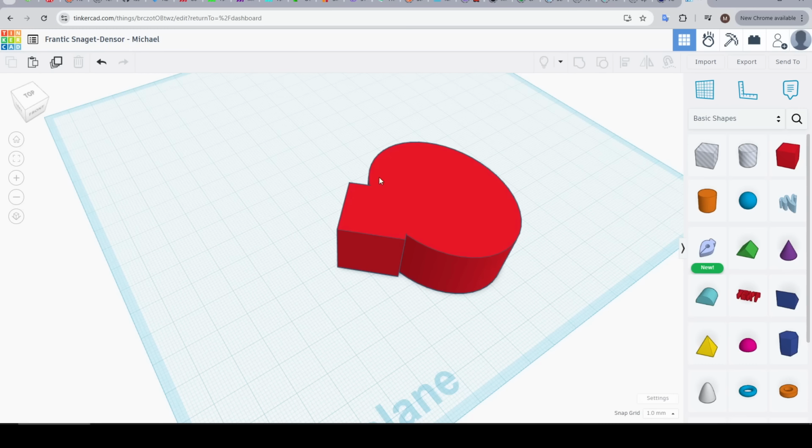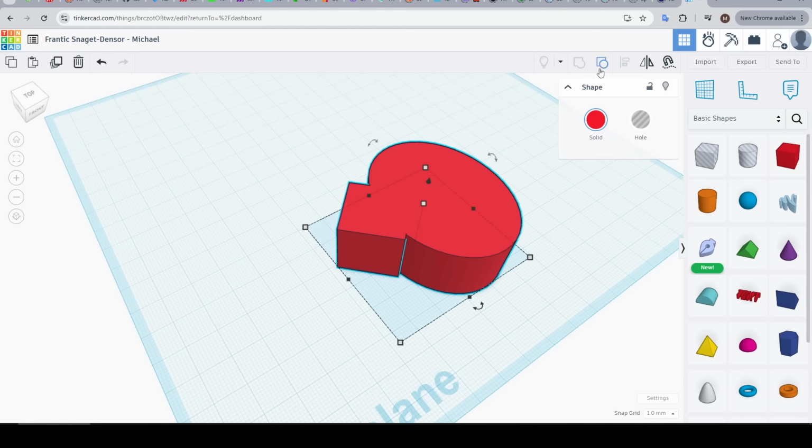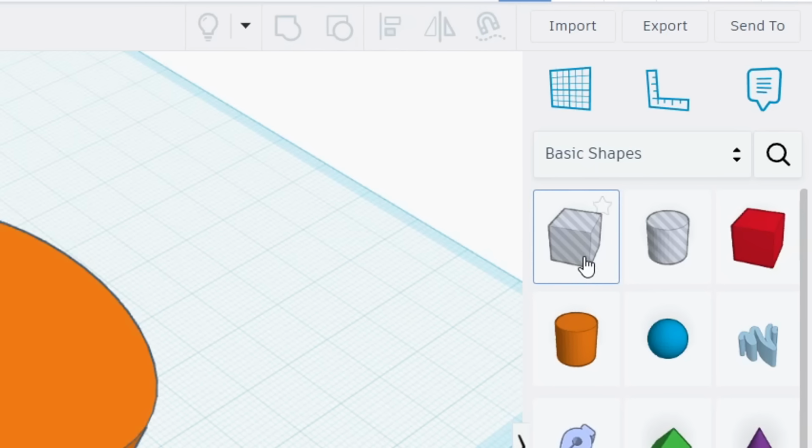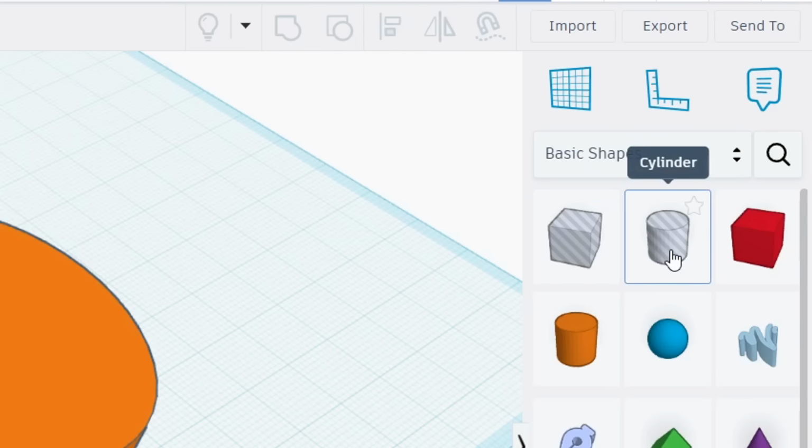Now let's say we want to edit the position of how these two are molded together. We can click and select the shape and then come up and select Ungroup to split them back into their original shapes. Already this is powerful, but we also have these basic shapes that have a white and grey stripy